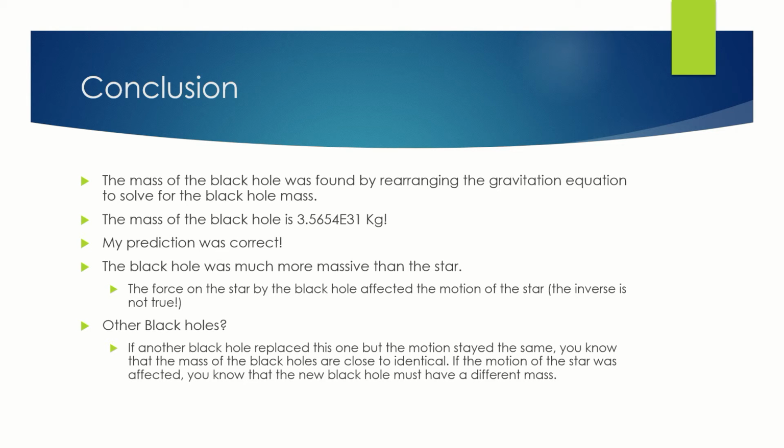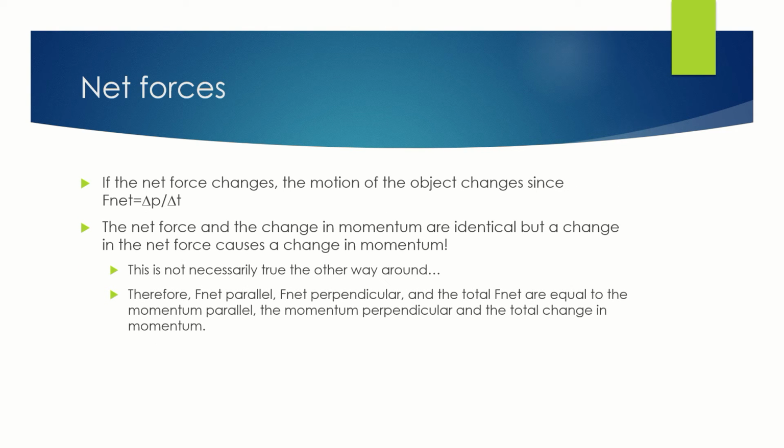So we have two questions. If another black hole replaced this one, but the motion stayed the same, we would know that the masses of the black holes are close to identical. If the motion of the star was affected, you know that the new black hole must have a different mass. Another question is